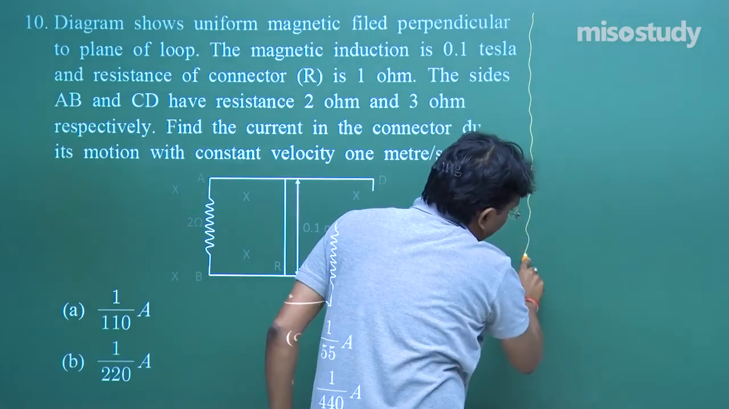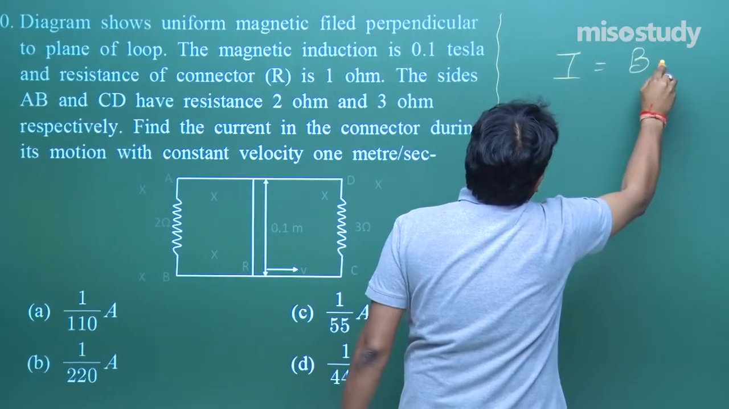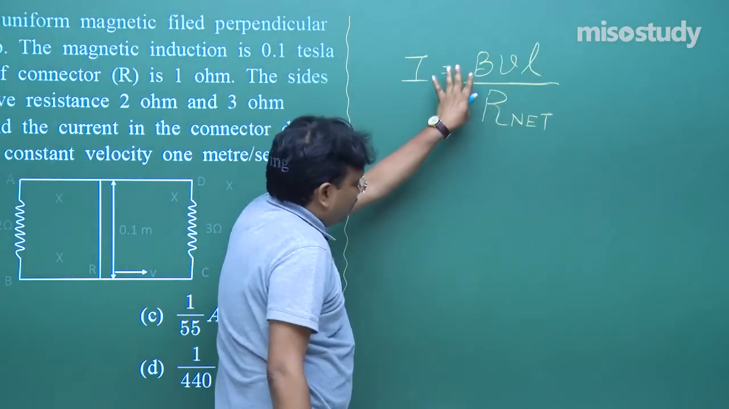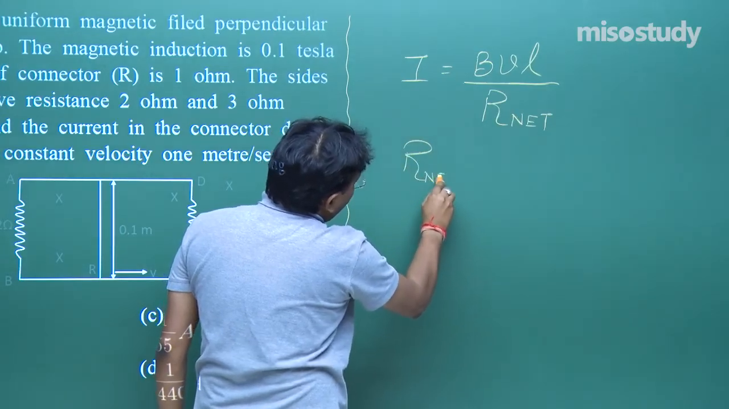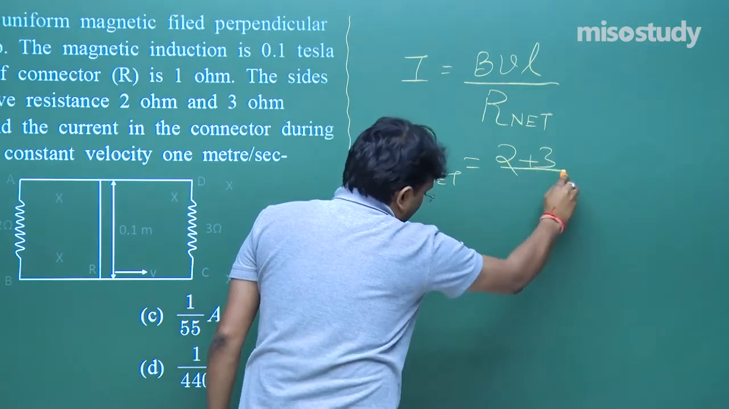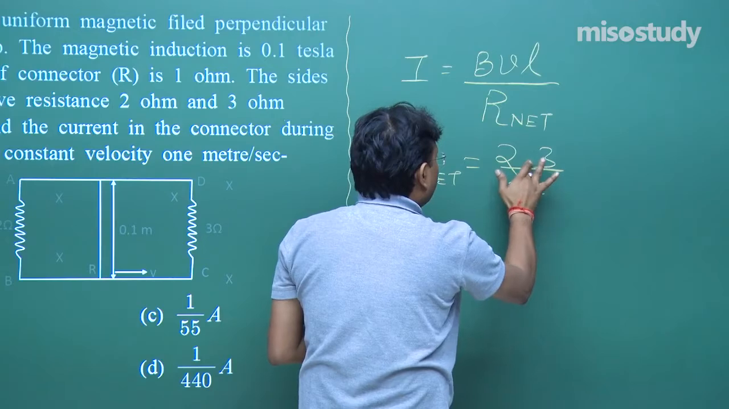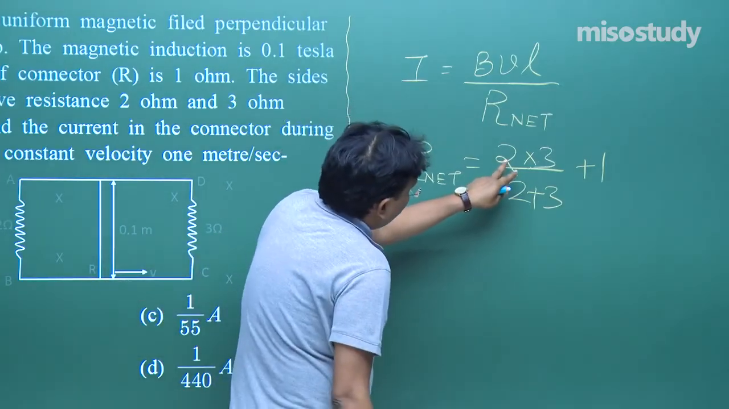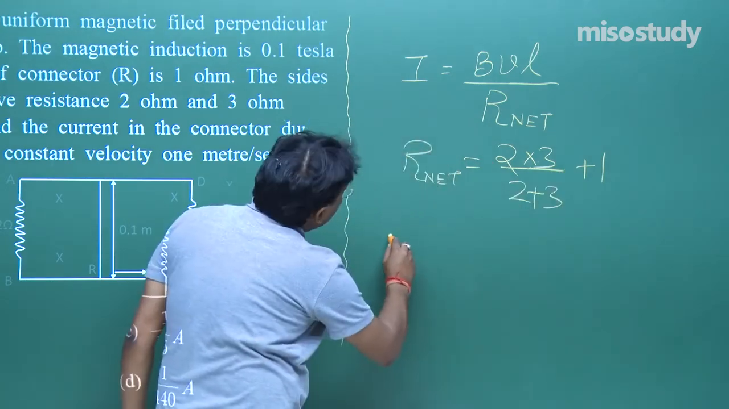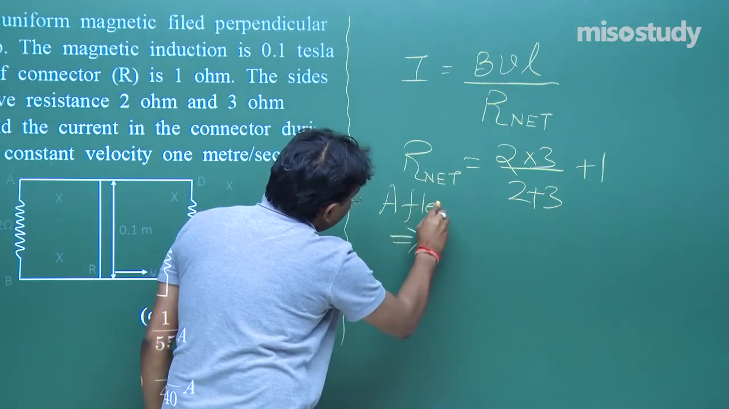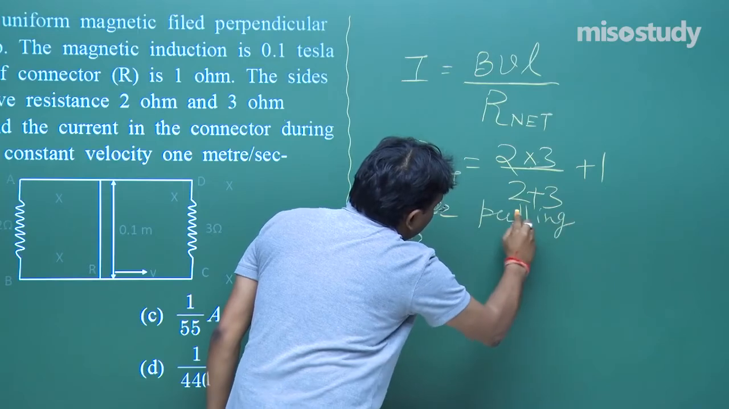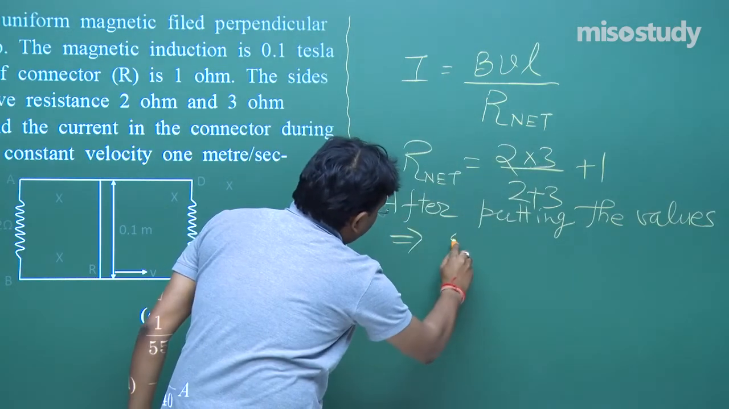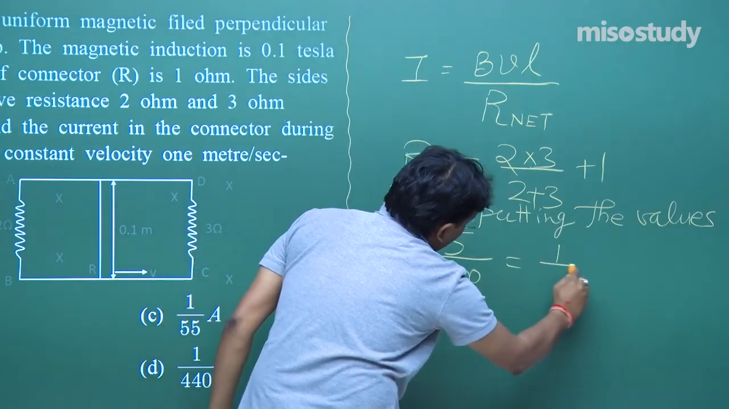So, yes, allow me to solve this problem. I is equal to B V L upon R net. I hope everyone is comfortable with this formula. That is, R net is nothing but 2 into 3 upon 2 plus 3, plus 1. As the values are given, this is parallel and then this series. So, it will give you 6 upon 5 plus 1. Fine. So, after putting the values, all these numbers are there, you will get it as 5 upon 100, that will give you